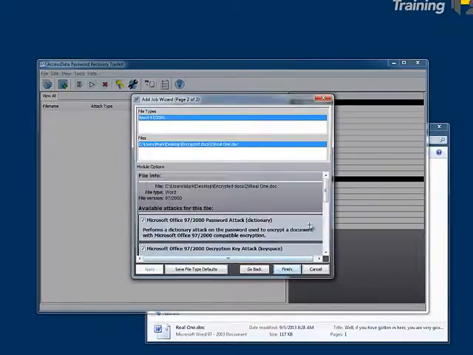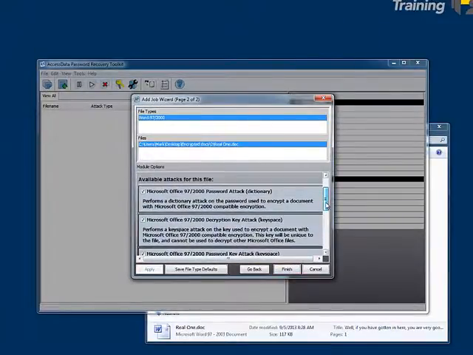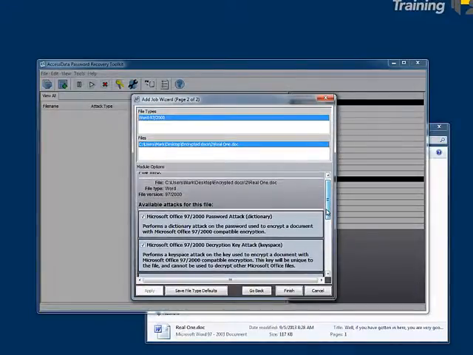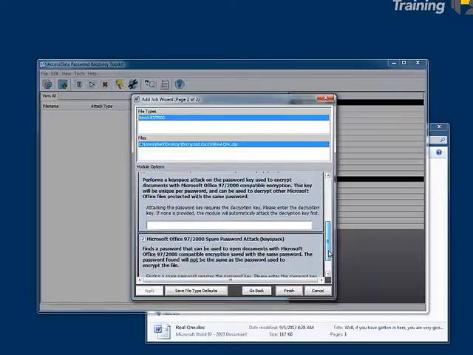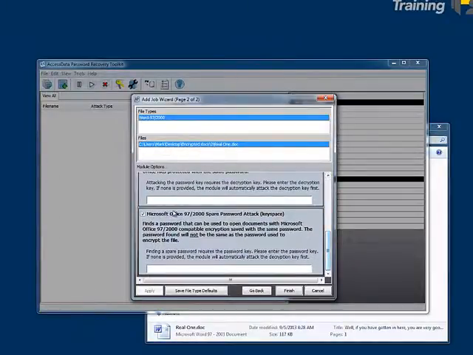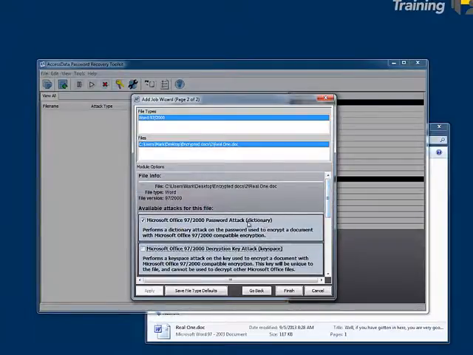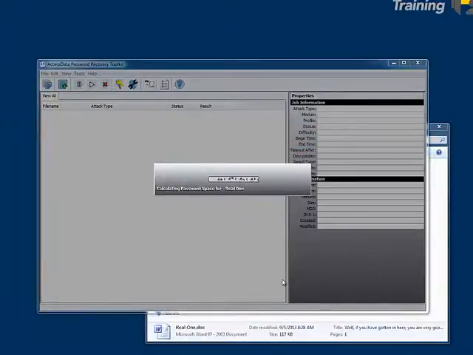and here I'm presented for Microsoft Office type documents. Normally I have 4 choices, 3 of which are key space attacks, which should be our last resort. And so I will normally turn these key space attacks off with the strategy of trying the dictionary attack first, because we have a dictionary from our case and we have a biographical dictionary set up. So I'll choose those. I'll choose that profile, only the dictionary attack, and PRTK will add that job into my